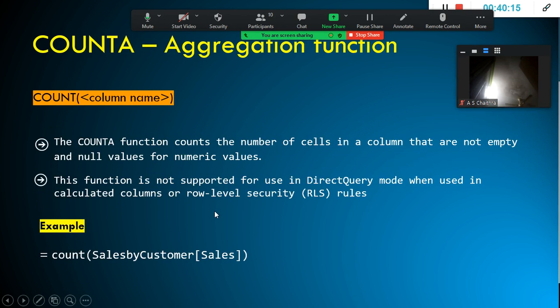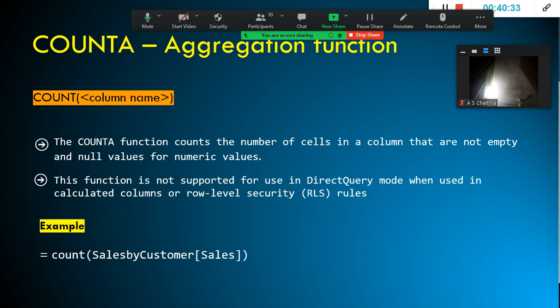Next we have the COUNTA function. COUNTA counts the number of cells in a column that are not empty, and null values for numeric values. It simply counts the number of cells in a column that are not empty. This function is not supported there.